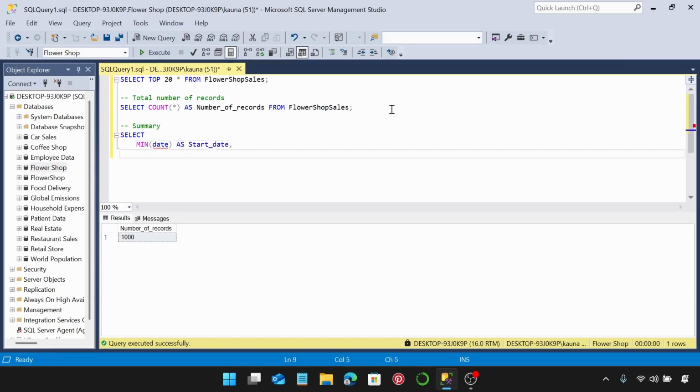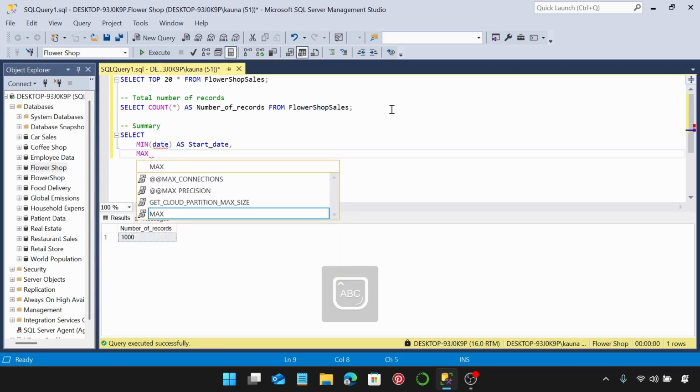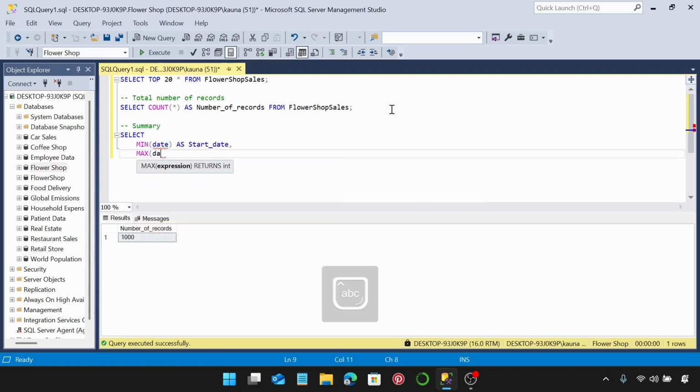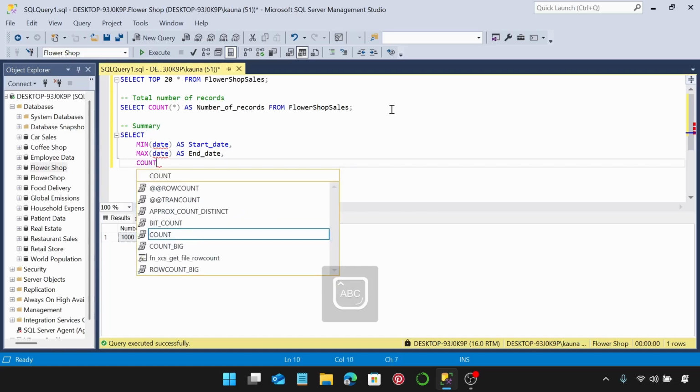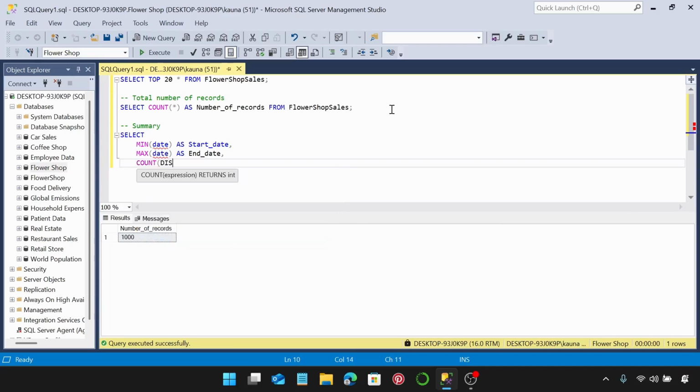and let's look at the max. So I want to see the end date, reference the date column once more, as end dates. Next, what else? We're going to count the number of cities. So we'll do a count distinct of the city column,